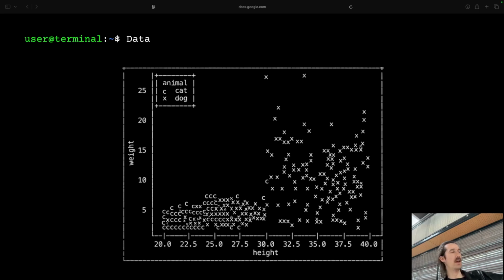On the right side, we have more X's. Those are the dogs. They are taller and heavier. And on the left side, we have cats, and they are probably, I don't know, 70-80% smaller and lighter. This graph, so far so good.